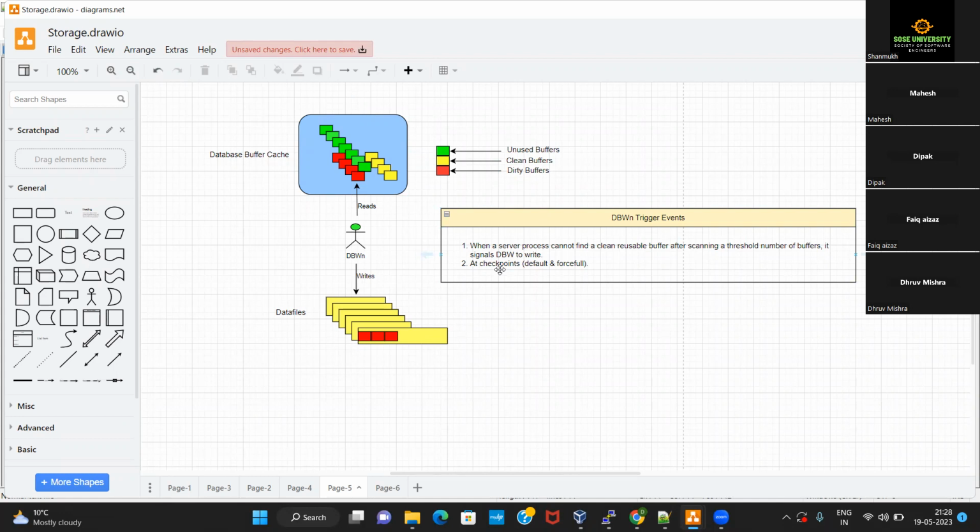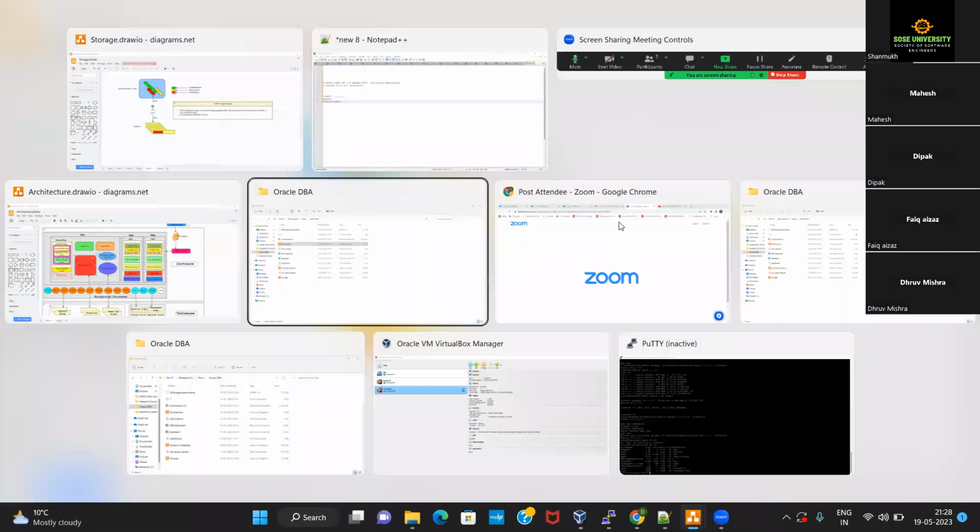Now, one more thing you need to understand over here is that we are representing the database writer process as DBWN. Why is it represented as DBWN? Because Oracle allows you to configure multiple database writer processes in the database.